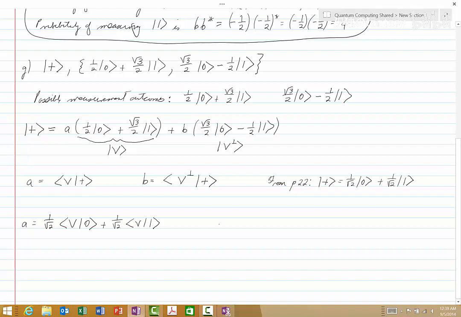And similarly for B, we will get 1 over square root of 2